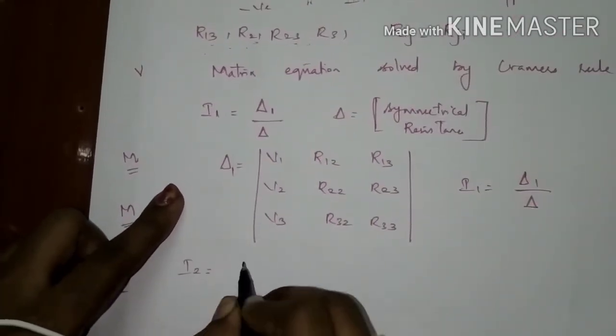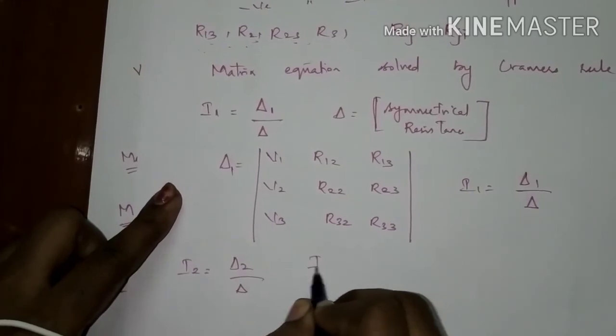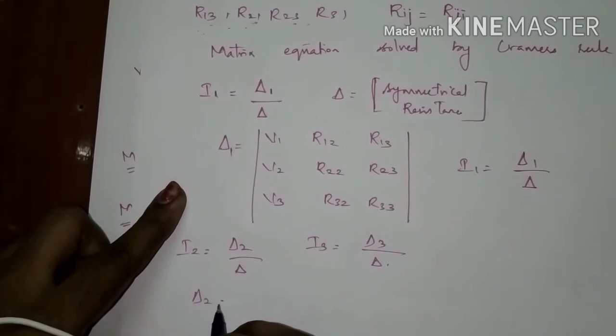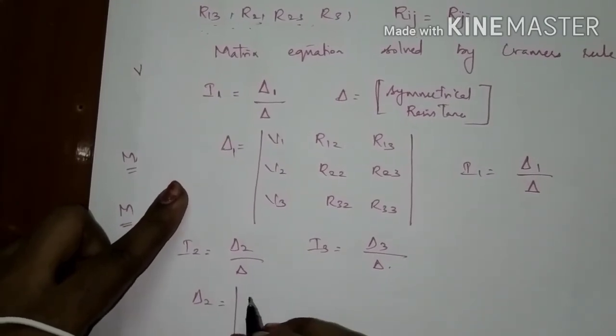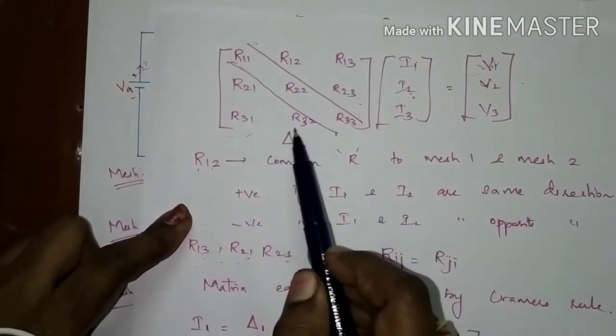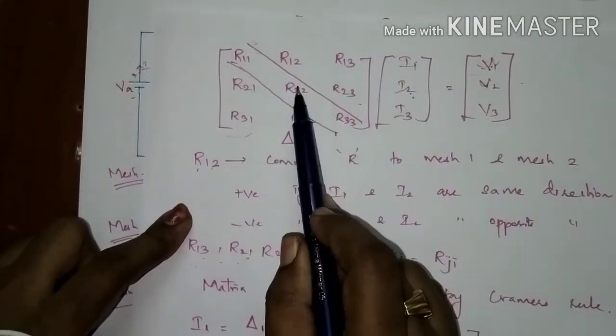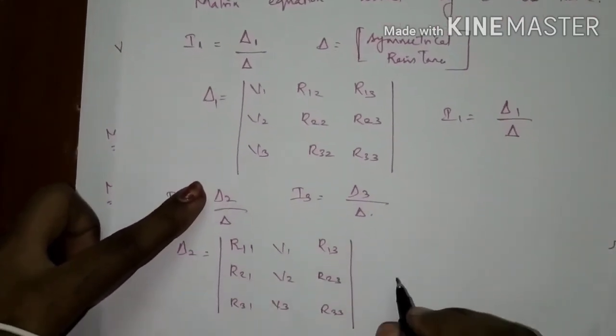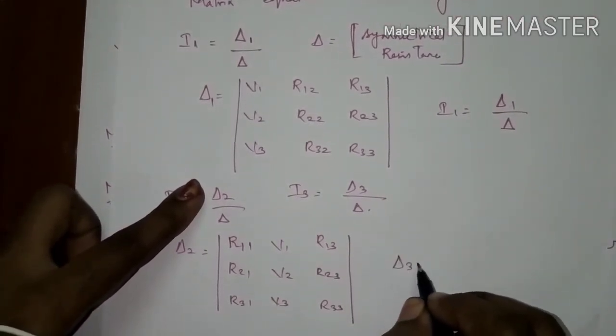Similarly, I2 can be found by del 2 divided by del, and I3 by del 3 divided by del. Your del 2 is the determinant obtained by removing the middle column of the symmetric resistance matrix and replacing it with the voltage column. You will get the determinant as R11, R21, R31, V1, V2, V3, R13, R23 and R33. This is the del 2 value. Similarly, del 3 can be written by